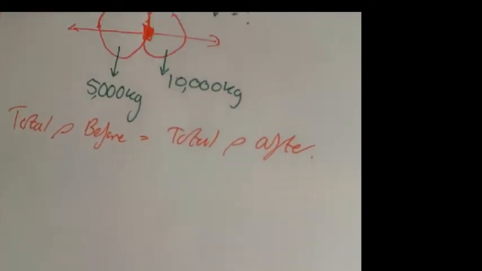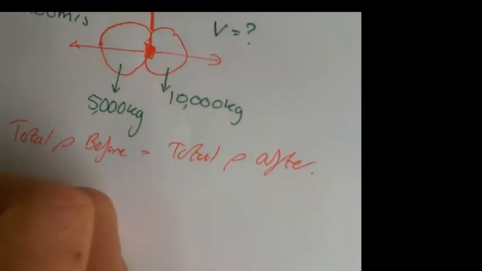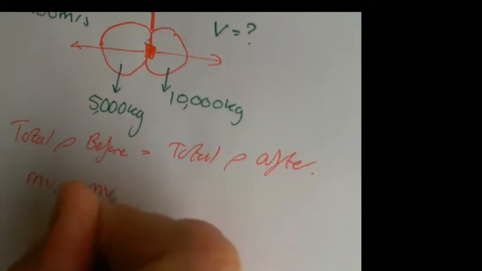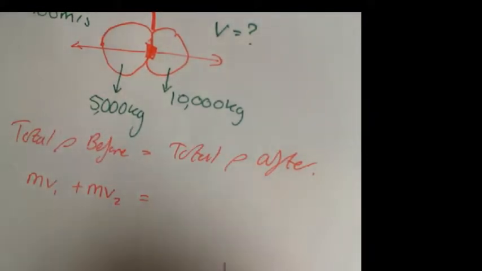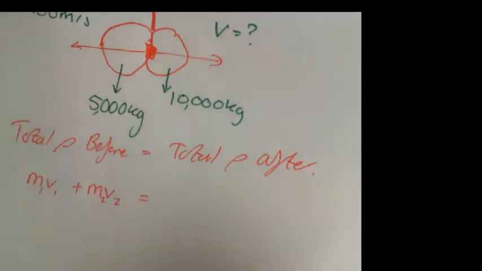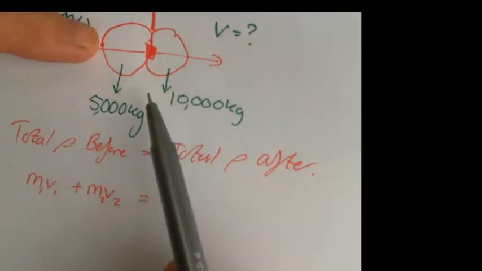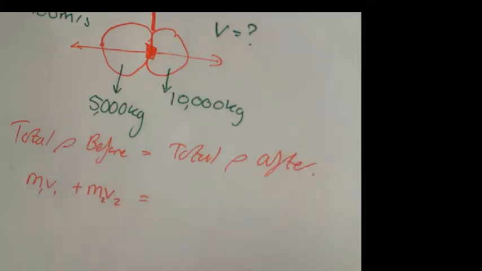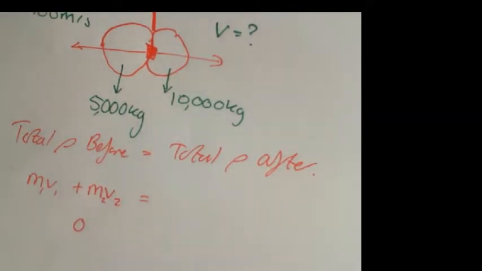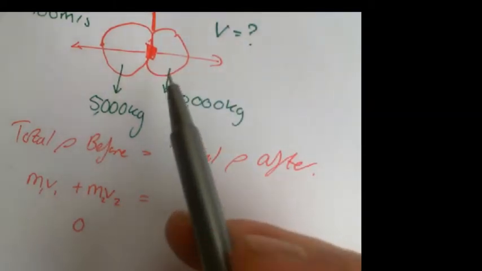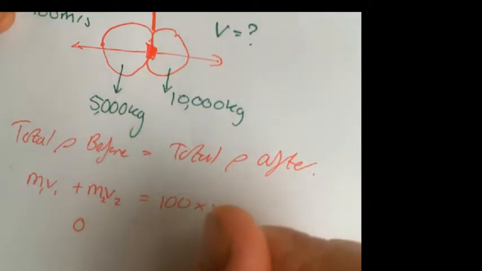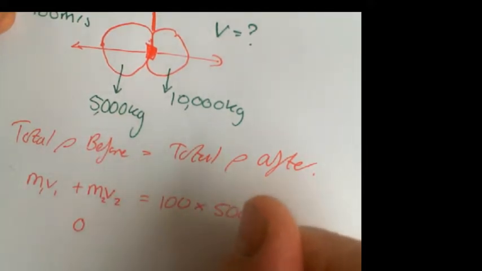So let's pop those numbers in. So what do we get then? So the momentum before was m v1 plus m v2. And well, here's the interesting thing: it's not moving before it's an explosion, so we know that that's 0. Okay, a little bit easier. And then we know that afterwards we've got 100 times by 5,000,